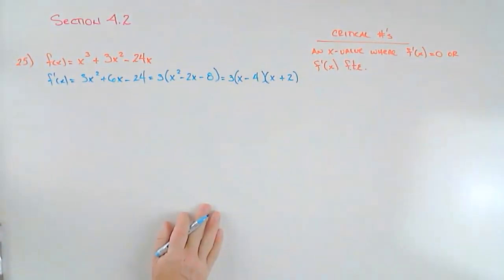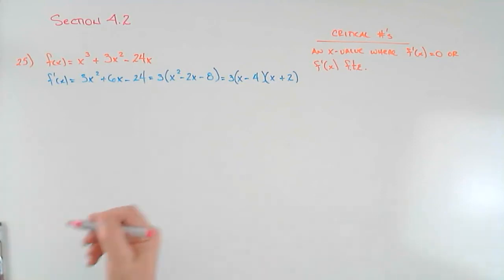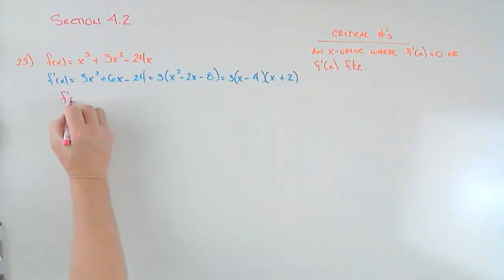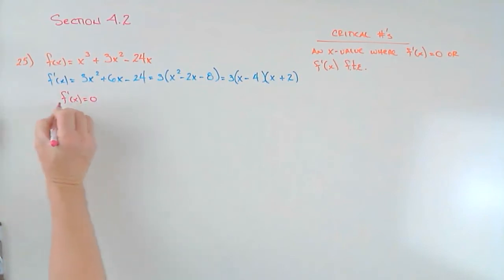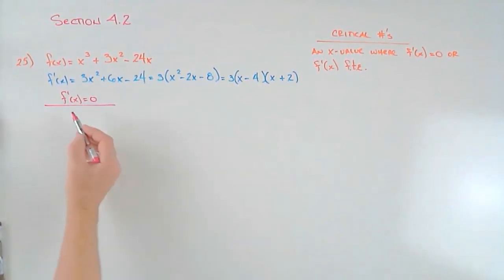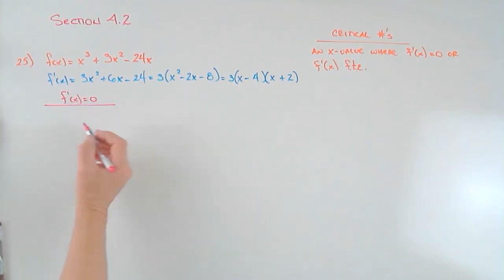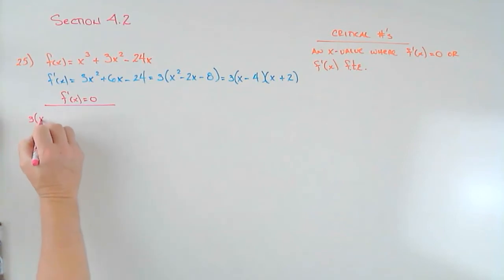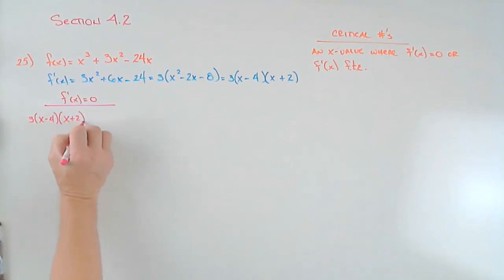All right. Now, what are we going to do with our derivative? Well, we're going to look for critical numbers. So to look for critical numbers, we're going to do 2 steps. First, we're going to take our derivative. We're going to set it equal to 0. So we're going to tell our instructor, this is where I'm doing that work. We'll put a heading up here: f prime of x equals 0. So I'm going to take 3 times x minus 4 times x plus 2, and I'm going to set that